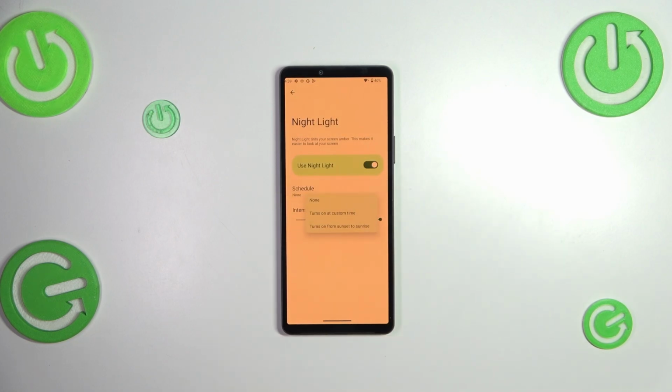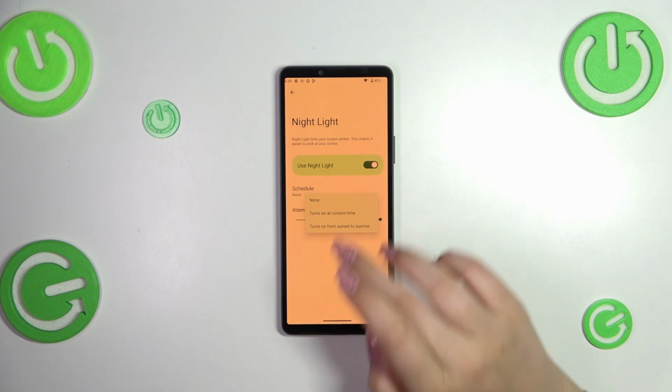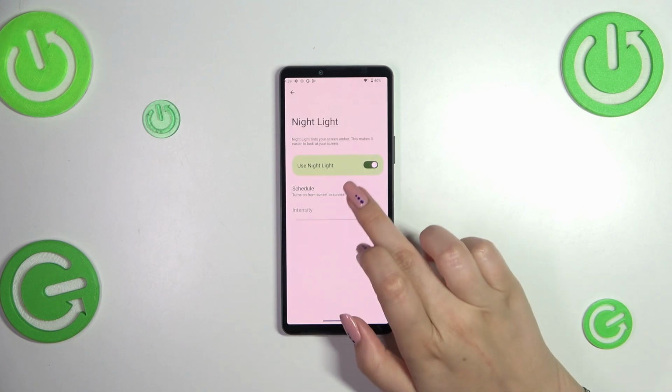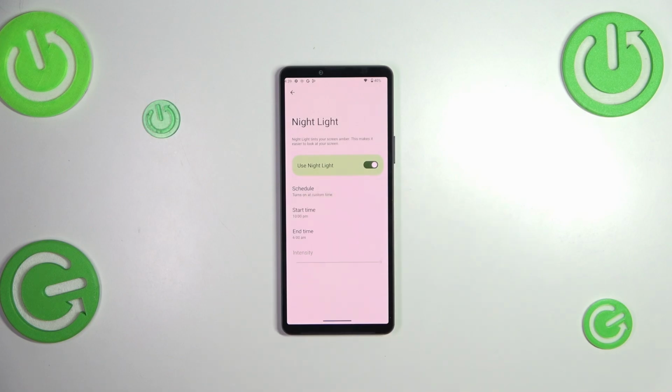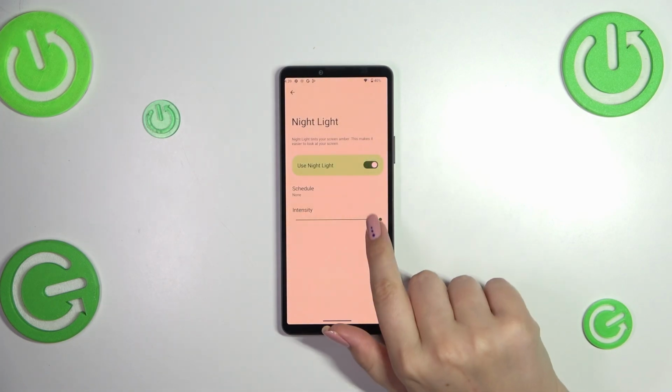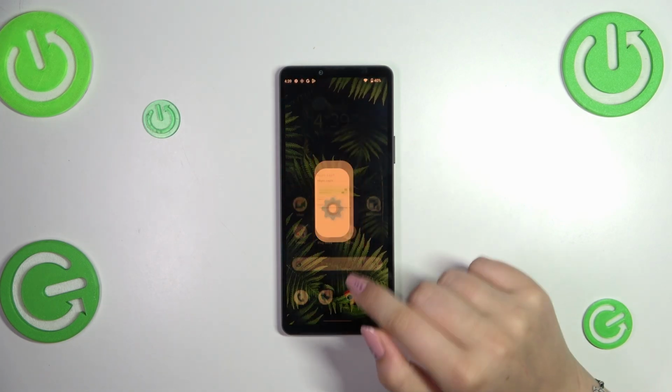We can also schedule it. We can turn it on at custom time, so we can freely choose the start and the end time, or from sunset to sunrise, and basically your device will automatically decide when the sunsets and sunrises are. It is location based, and none option is the manual option, so you can manually turn it on and off. So this is the whole customization, and if you'd like to have much faster access to this option, simply unroll